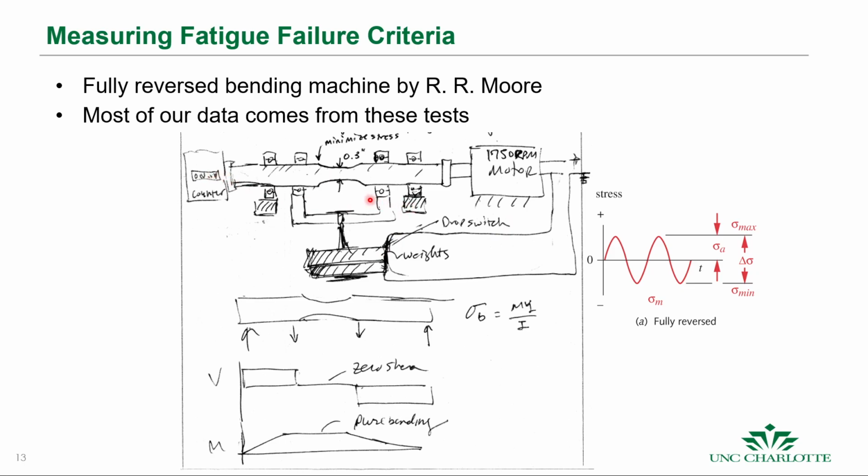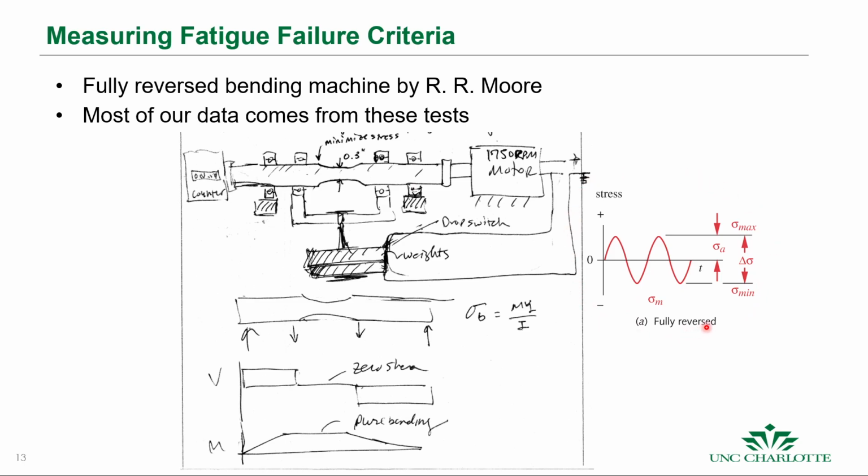And that's how we get our fully reversed bending stress data. And most of the data that we have for materials comes from these tests because they're easy to do. But obviously this doesn't cover all machines, and so we have to modify the results that we get based upon different loading conditions. And this is the fully reversed